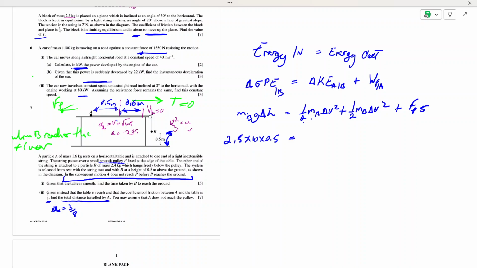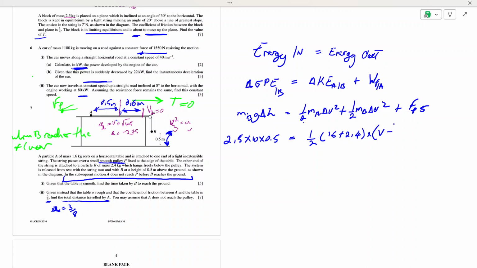Which means it's going to be half (MA plus MB) delta v squared. I'm going to replace that with the actual values, 1.6 plus 2.4 for the masses of the particles, multiplied by the change in velocity, which is v squared final,